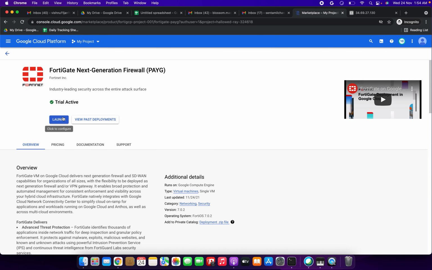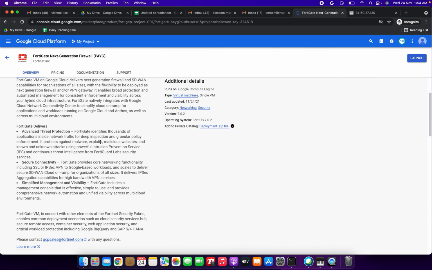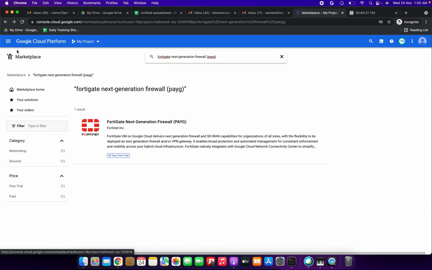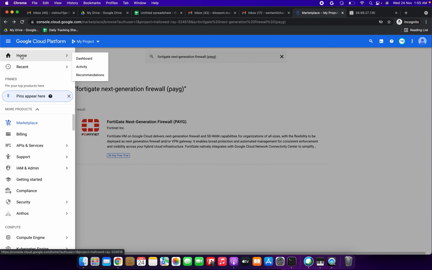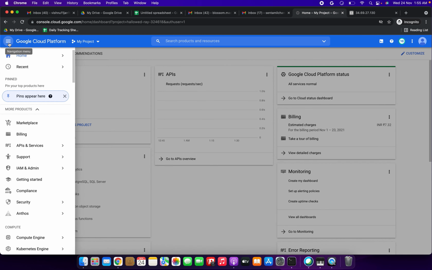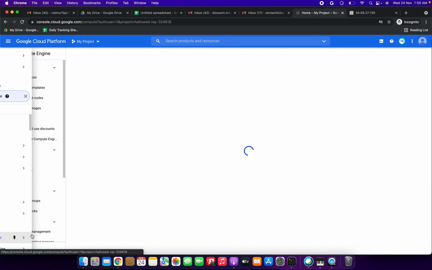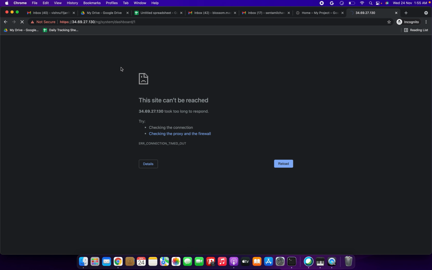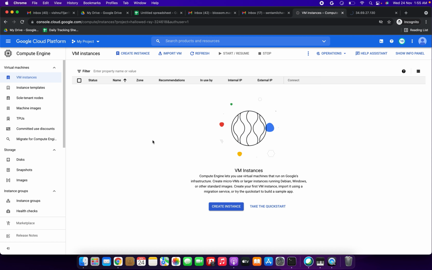It is showing launch only, friends. See here, it is showing launch only. So it has been done. We have done that one. Okay, great. You can also do it from your end, friends. So I'm going to check under compute engine also, friends. Let's try for compute engine also. If you have not deleted something correctly, then it will reflect it, right? See here, the site cannot be reached. Yes, great. So here also there is no VM.